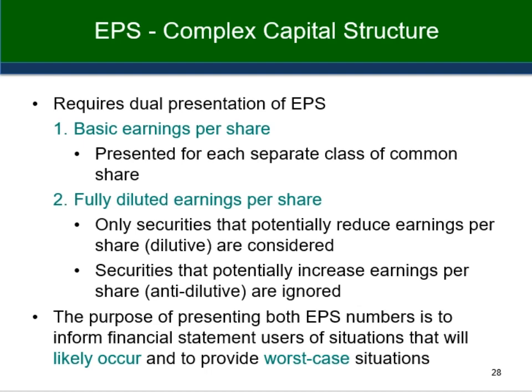The method used to measure the dilutive effects of a potential conversion is called the if converted method. So if it was converted, what would be the worst case scenario? The if converted method assumes that the conversion of the convertible securities happens at the beginning of the period, and we eliminate the consideration of interest net of tax. So basically, if we have debt which is convertible, then the interest payment on the debt would no longer be required because we've converted the debt into common shares. So the denominator